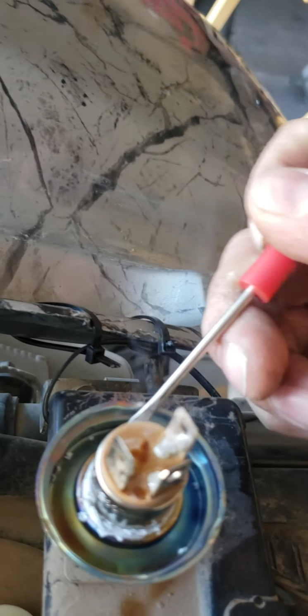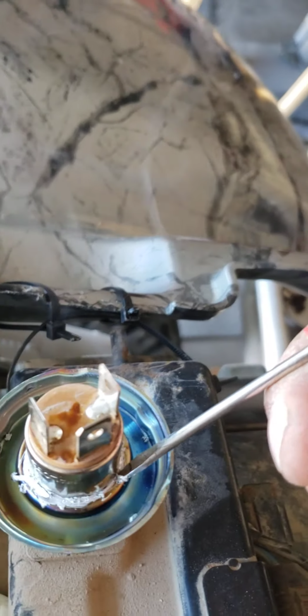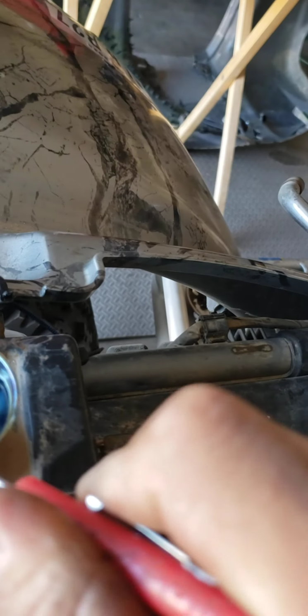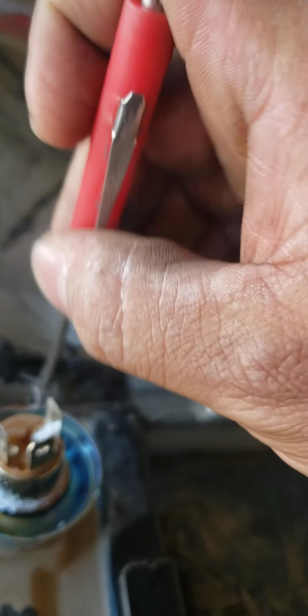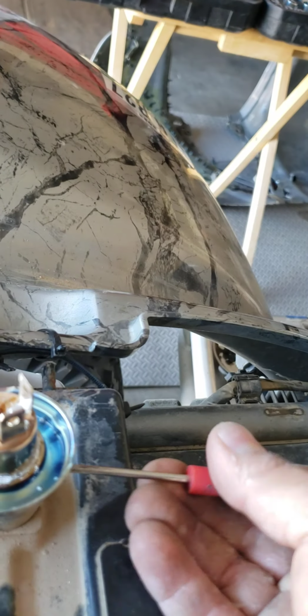Get all that solder off. Some poor Japanese kid or somebody that made this KFX, I don't know where they made them at, was soldering all these little bulbs, and I'm over here messing them up on purpose. But yeah, these are very hot. And this is gonna go down, this goes up,